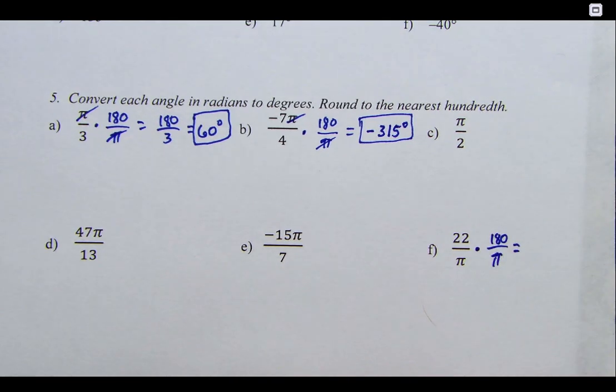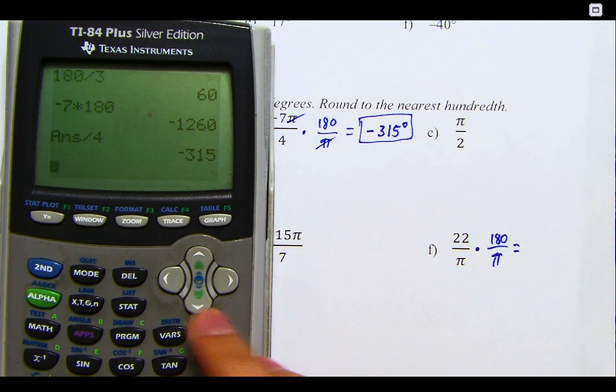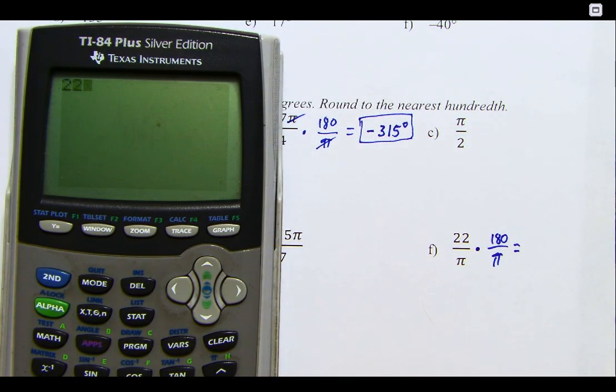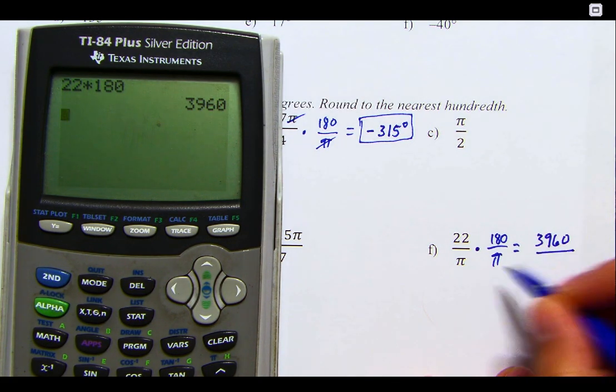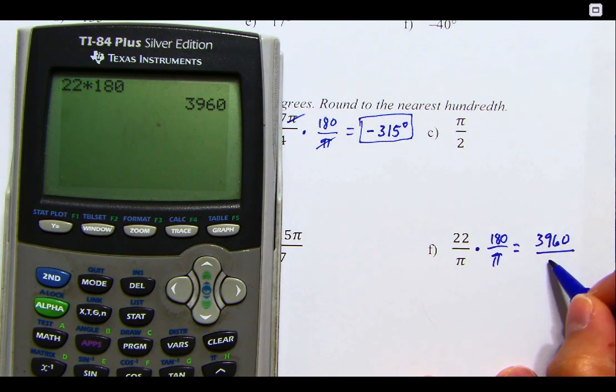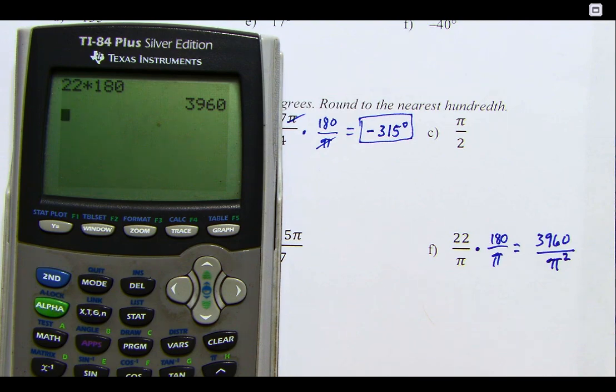So when we do that, again, we have to go straight across. So we are taking 22 times 180, so 3,960, and then pi times pi is the same thing as pi squared. Okay, so we're thinking of it like variables. So I need to simplify this part. So to do that, we would do